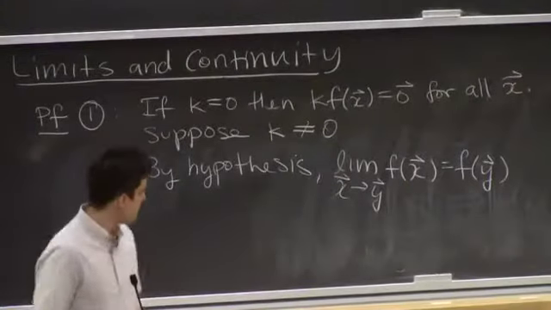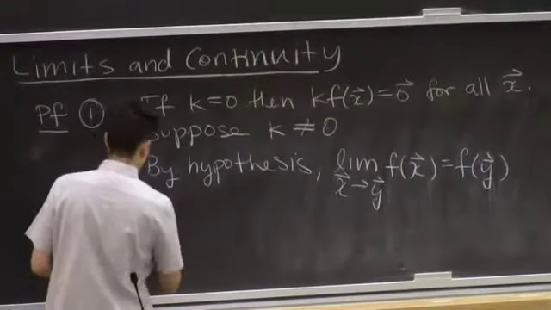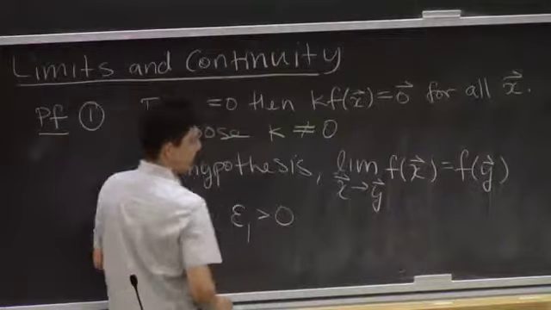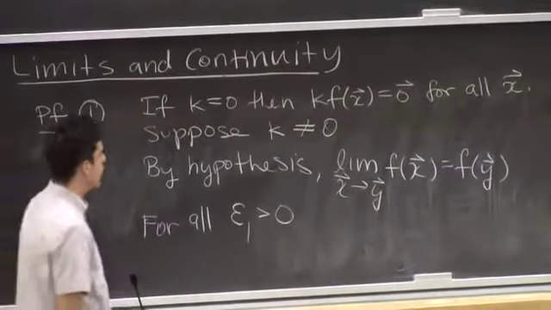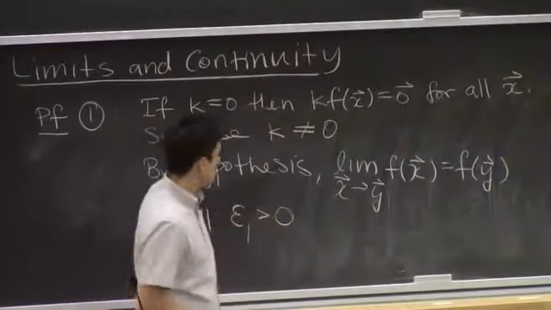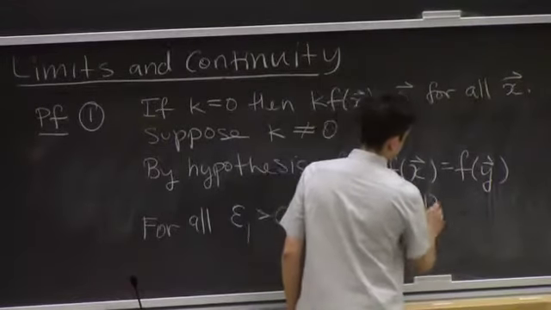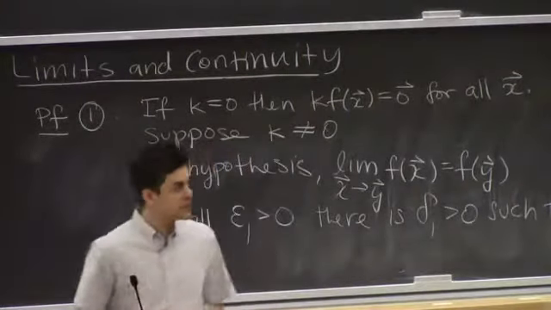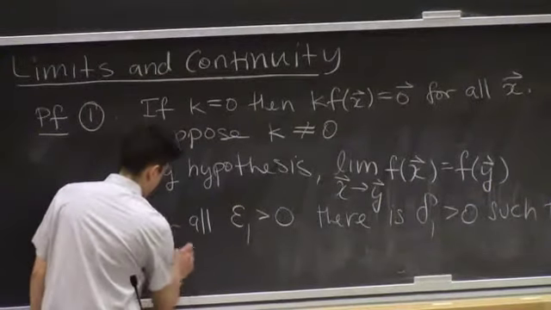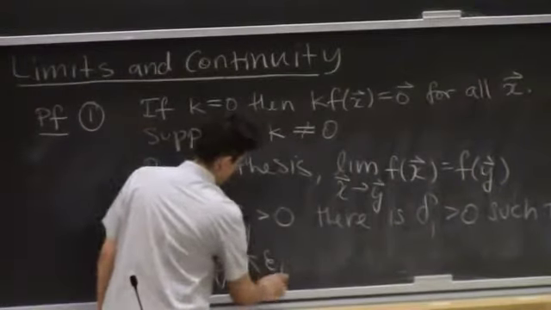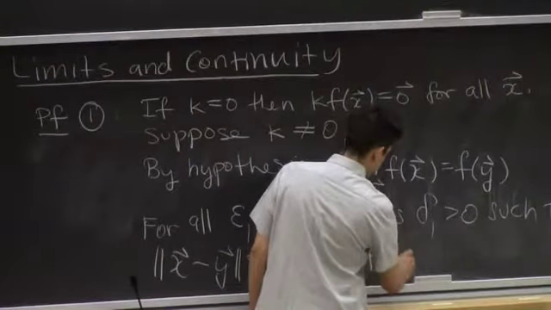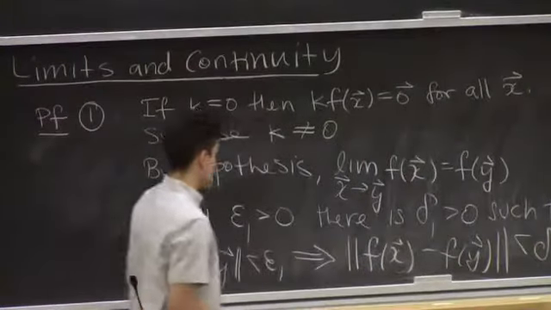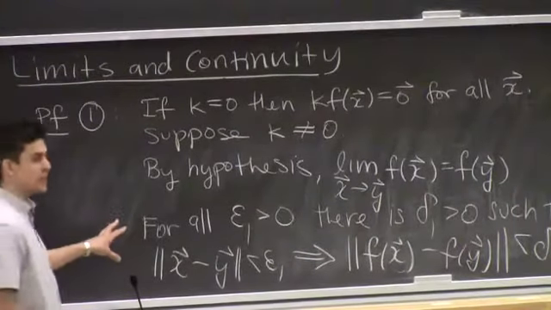Okay, by hypothesis we have this limit, which means that for all, and I'm going to give this guy a special name, for all epsilon 1 greater than 0, there is delta 1 so that the following thing happens. Okay, so this statement I've just written down is our